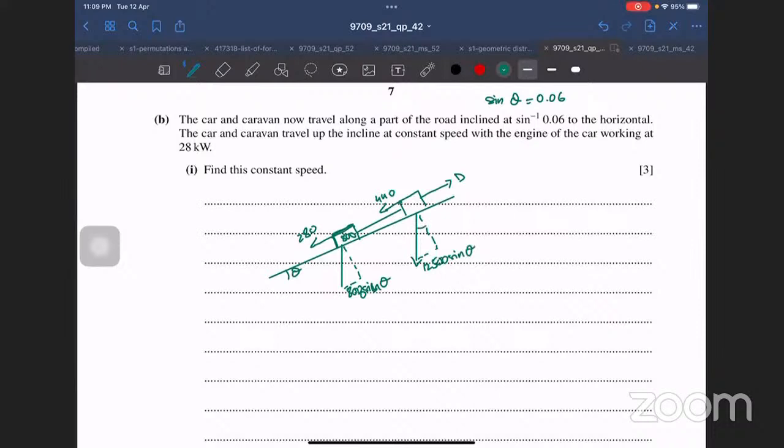It says a car and caravan travel up the incline at constant speed, which means that the acceleration is again 0. So again I can equate the left forces to the right forces. For the caravan, I'm going to say that T should equal 280 plus 800 sine theta. And then D should equal 440 plus T